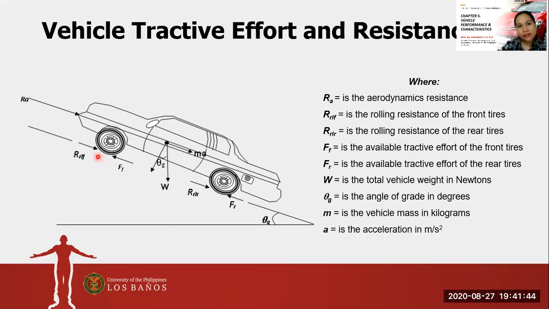Now, in the opposite direction, we have FF and FR. What are these? This FF is the available tractive effort of the front tires, and FR here is the available tractive effort of the rear tires. And of course, we have the weight of the vehicle here in newtons. Okay, so if you're going to sum up the forces acting on the road here,